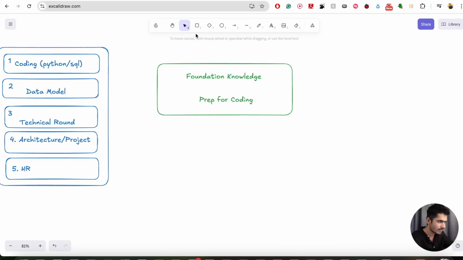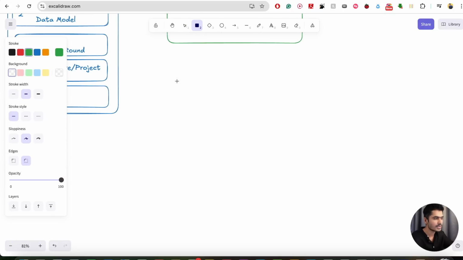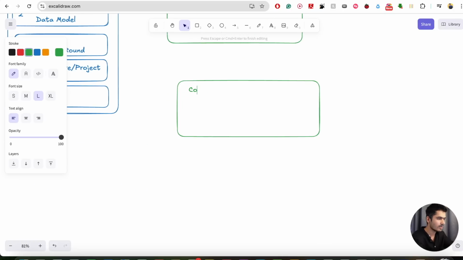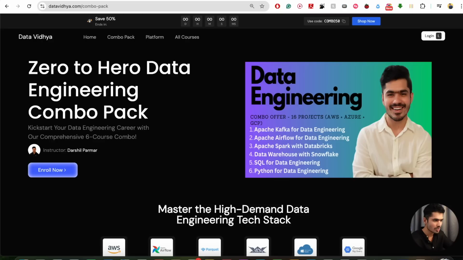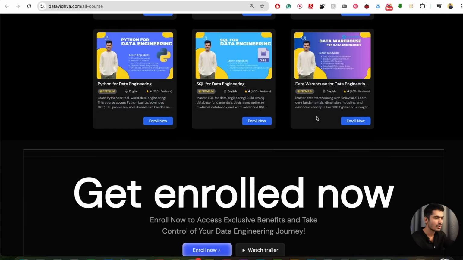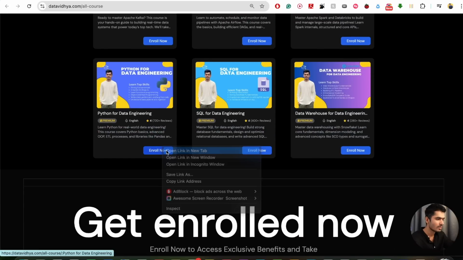Right now, the first thing we usually need to learn in data engineering is coding and scripting. Okay, 2 things come here. One is learning Python, second is learning SQL. Now if you are a beginner and you don't know what to do, you will start with the courses, right? I will learn Python for data engineering and SQL for data engineering. This will teach you everything you need to know about Python and SQL. So if I show you what you will be learning,